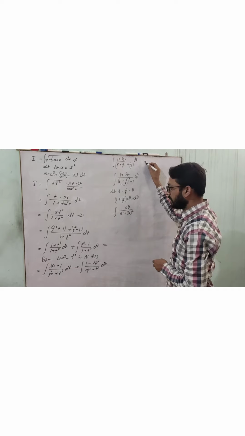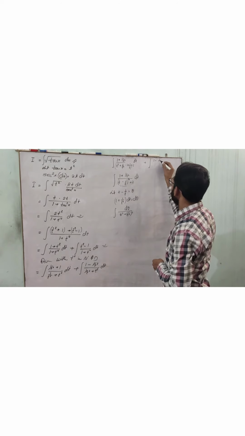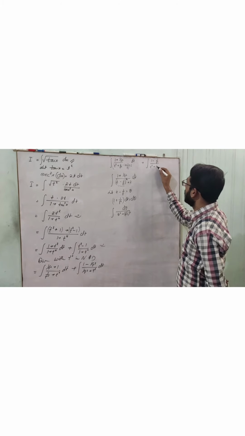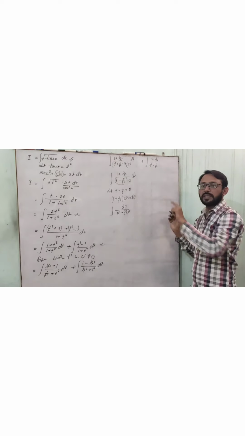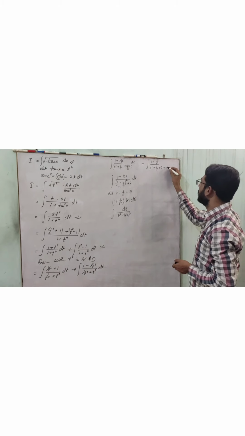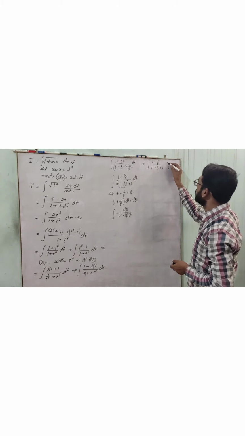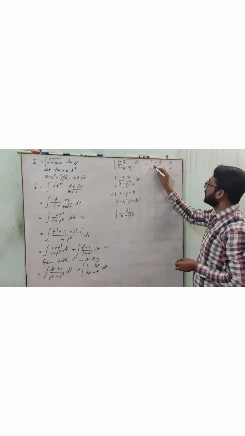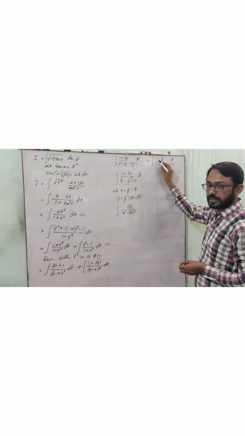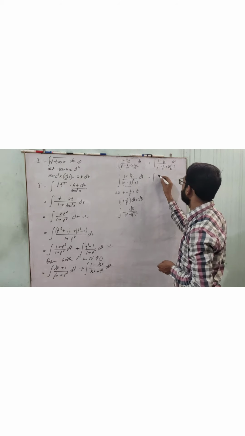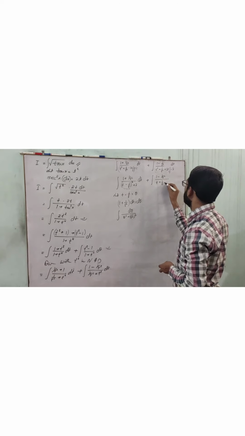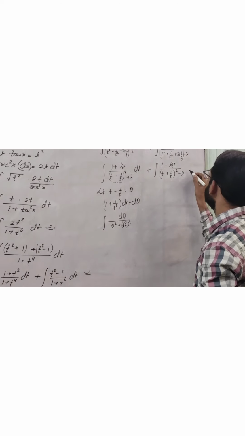The second part is integral 1 minus 1 upon t square upon t square plus 1 upon t square. Now numerator is with the negative sign, so first of all we need to add 2, then we will subtract 2. While I am adding 2 first, that also you try to understand, because it must become with the positive symbol, and if it will be with the positive symbol, then only with differentiation we will be getting negative sign. So it will be 1 minus 1 upon t square upon t plus 1 upon t whole square minus 2 dt.